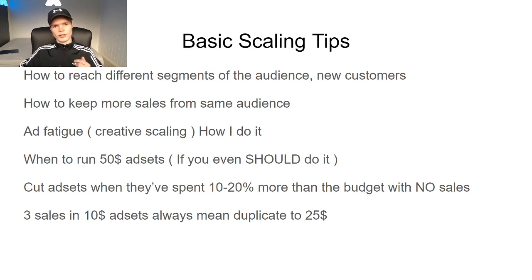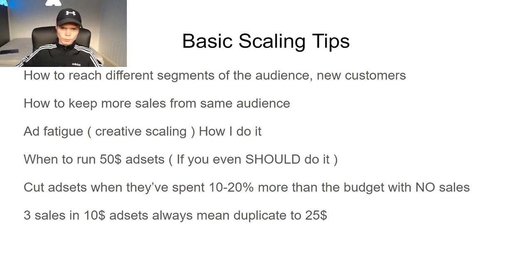Because when you make a $10 ad set and duplicate it to $25, what happens when you vertical scale is that, most likely, Facebook will keep targeting the same percentage of the audience size that worked from scratch when you started testing it. Let's just say the audience size is 600 million. They will only focus on the 2% out of the 600 million that's most qualified to buy. So you will probably not find new customers in that audience, because you're just duplicating and increasing the budget, and you're going to use up the 2 or 5% of the audience that actually works.